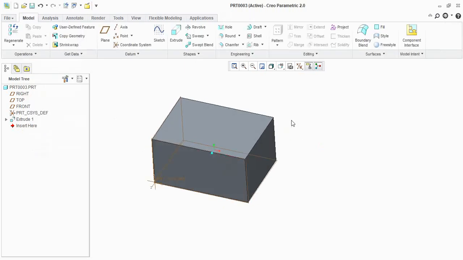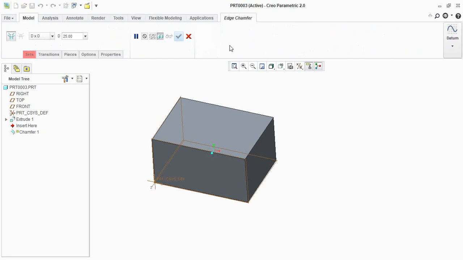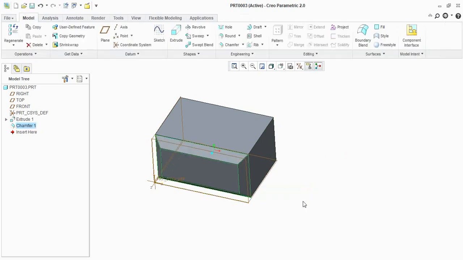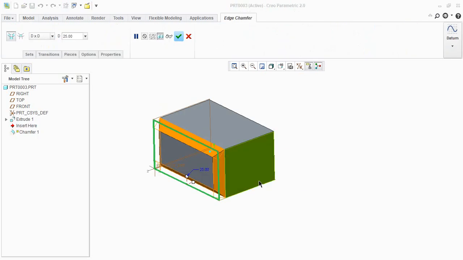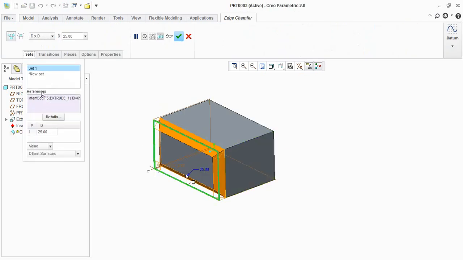So one more thing in selection criteria. Go for chamfer. Keep your mouse on this corner edge. Make a right click. You can see the difference here. So here in sets we will delete this one.